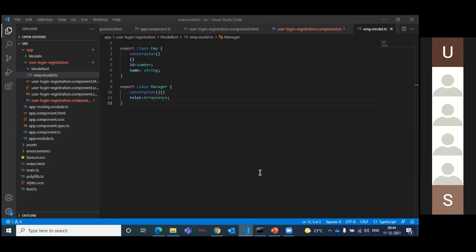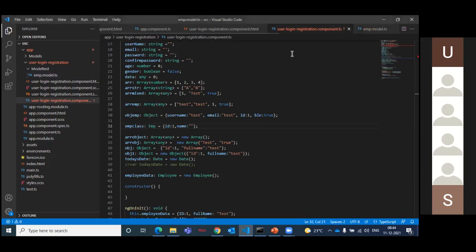Which concept? Class. You have used this employee.model.ts, so you have imported that. Correct. So when do we need to use an array?